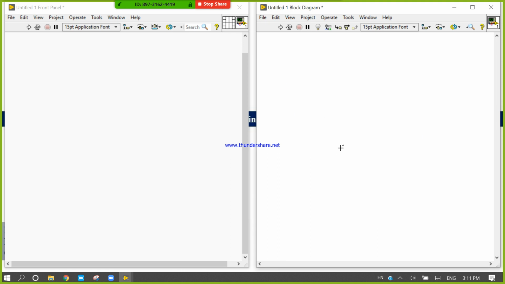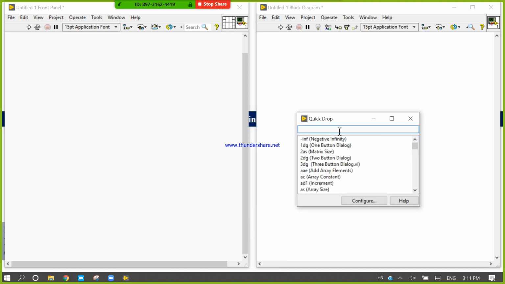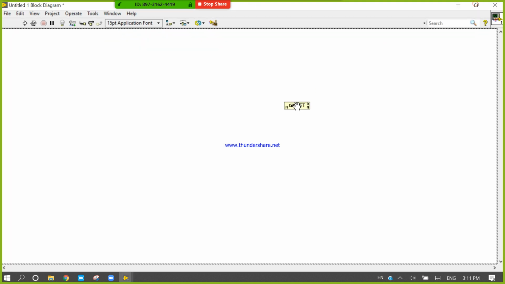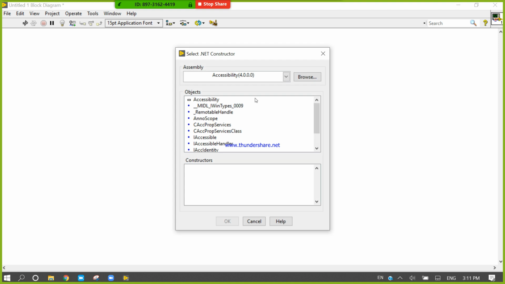Okay, do one thing, press Ctrl space and type .net. Now click on the constructor node. Sir, the constructor node is not present.